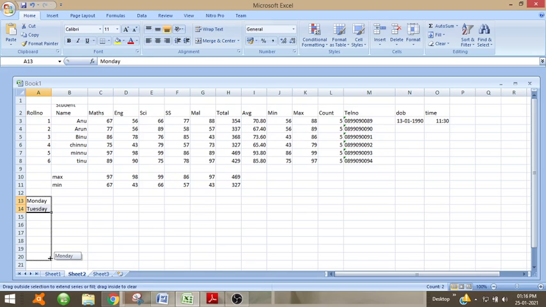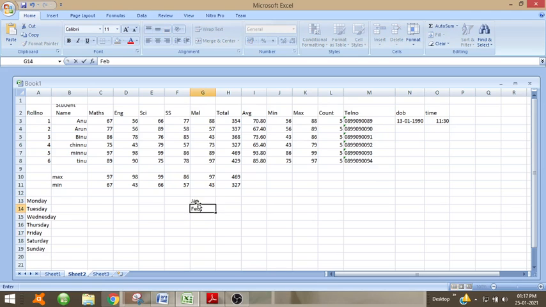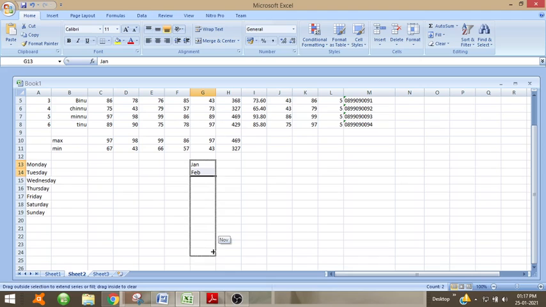If you drag like this, it will be repeated: Monday, Tuesday, Wednesday, Thursday, Friday, Saturday, Sunday, and then repeats. Now if we want to print months, Jan, Feb, select and drag. So all the months will be shown.